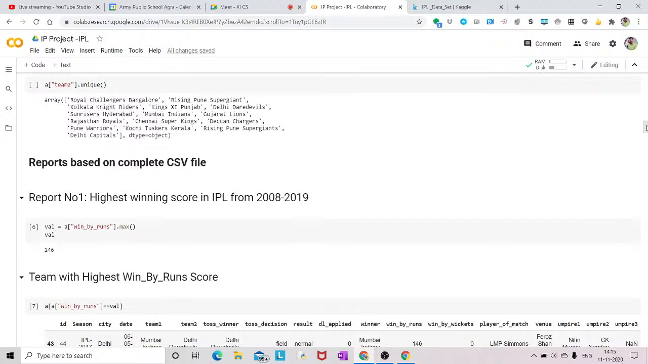So what will I do? I will do A is the data frame, and highest score कहाँ मिलेगा. Highest score we will find in column number win by runs. So data frame win by runs, and a maximum चाहिए यानी the largest one. So we'll use the function max, and it will show you the maximum or the highest score of the winning